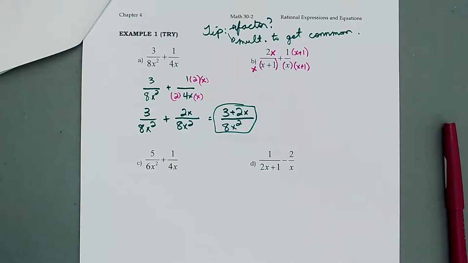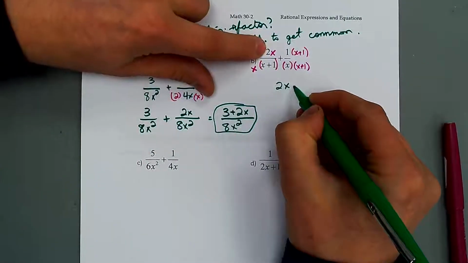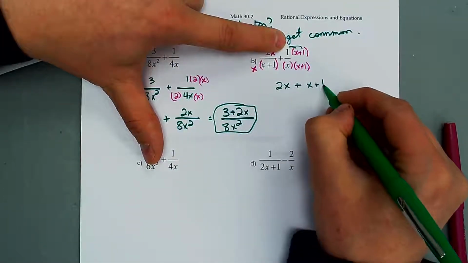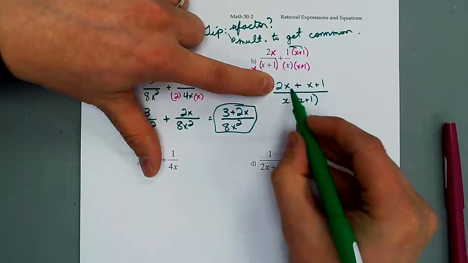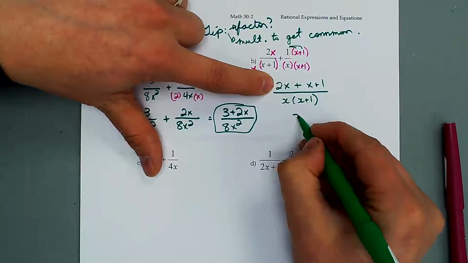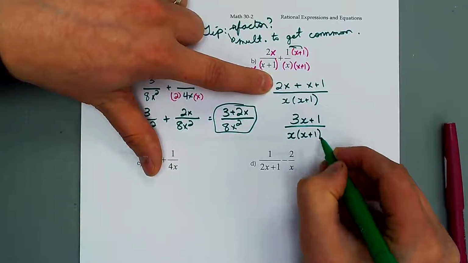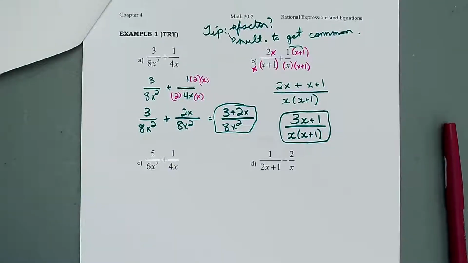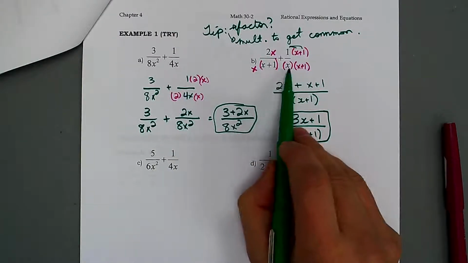Now they match. The x and the x plus 1 are very different terms. So now we've got a 2x on the top plus a 1x plus 1, and the denominator is an x times an x plus 1. We can tidy up that top a little bit and call it a 2x plus 1x. That's a 3x plus a 1. And the denominator, I'm going to leave that together so I can see the restrictions if needed. But that is a simplified expression for two very different denominators that look like they have a lot more in common